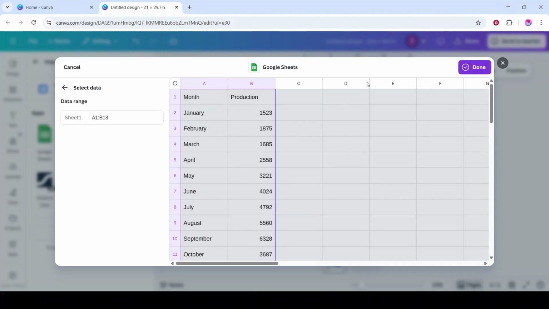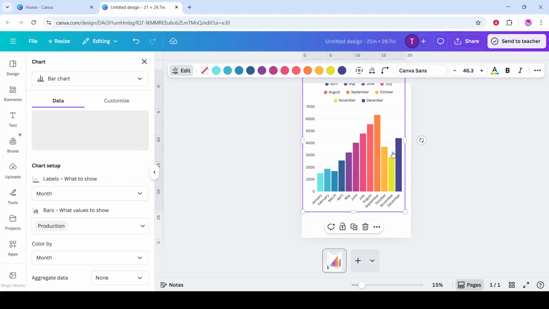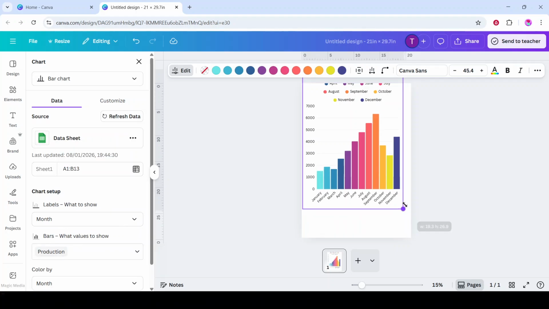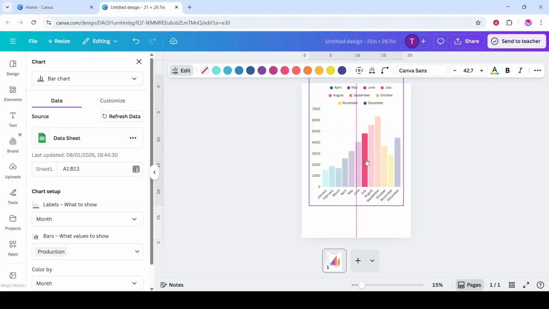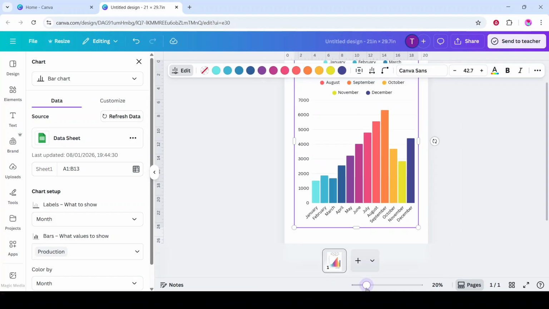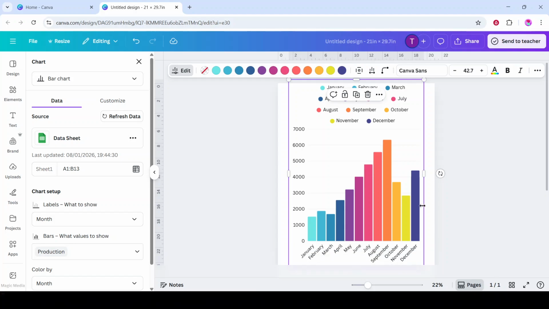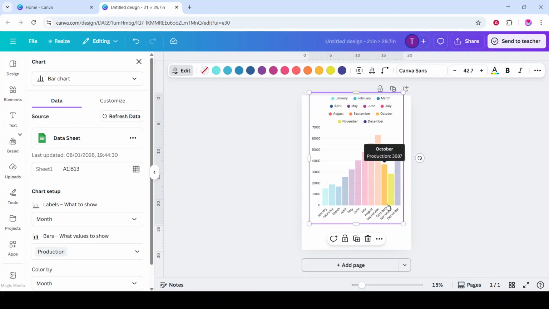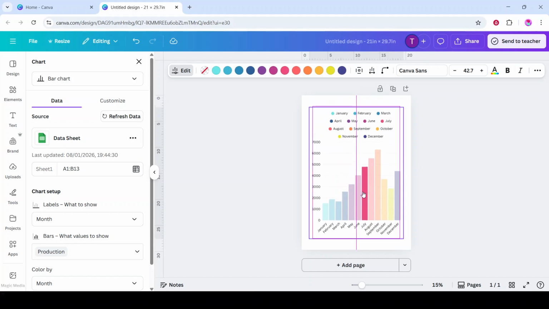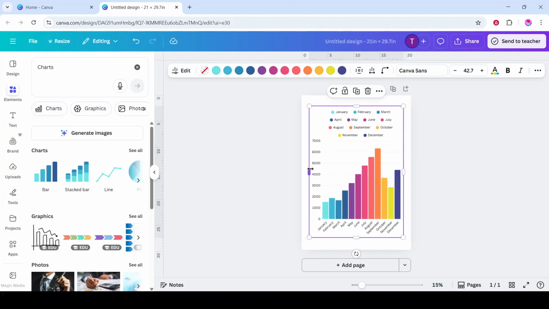Now customize the look to match your design. In the Data panel and the Chart settings, adjust colors, labels, legends, and axis titles. You can tweak fonts, change bar or slice colors, and format values to be more readable. As your numbers change in Google Sheets, your Canva chart will sync live, keeping your design up to date without